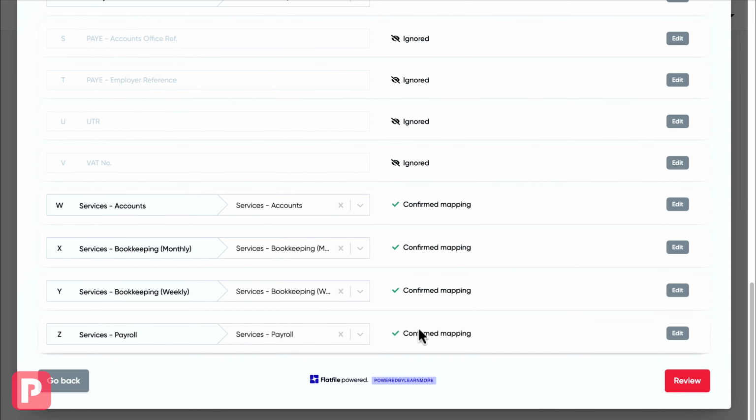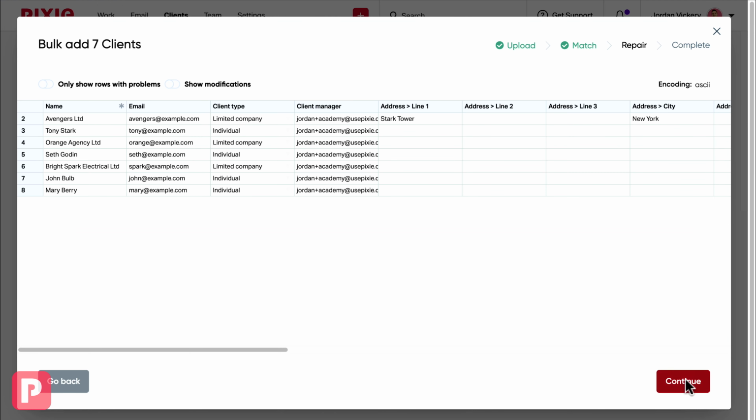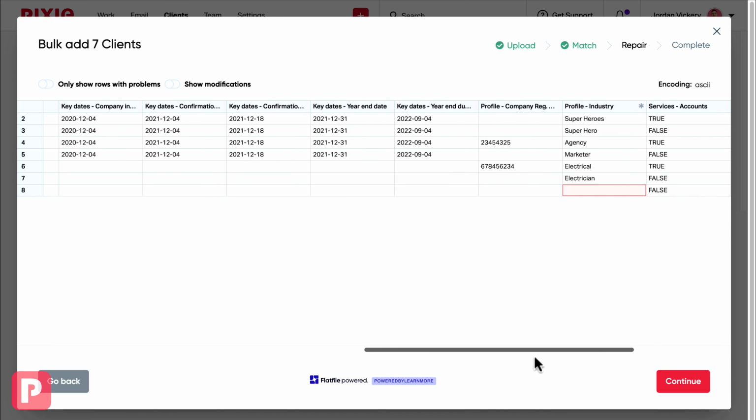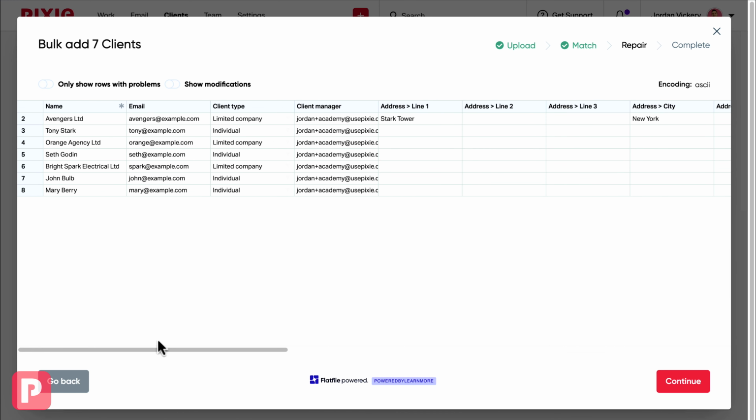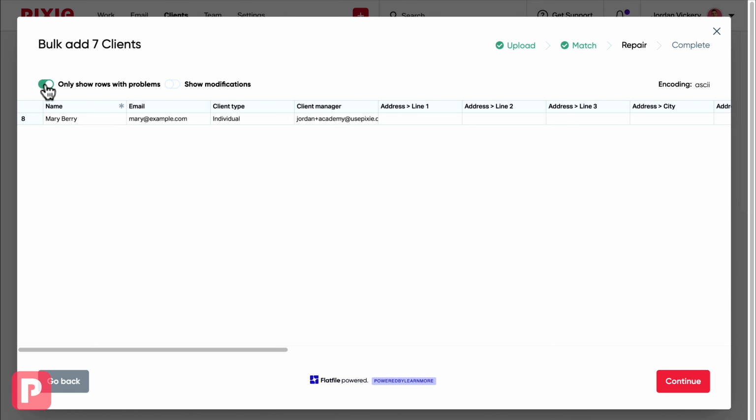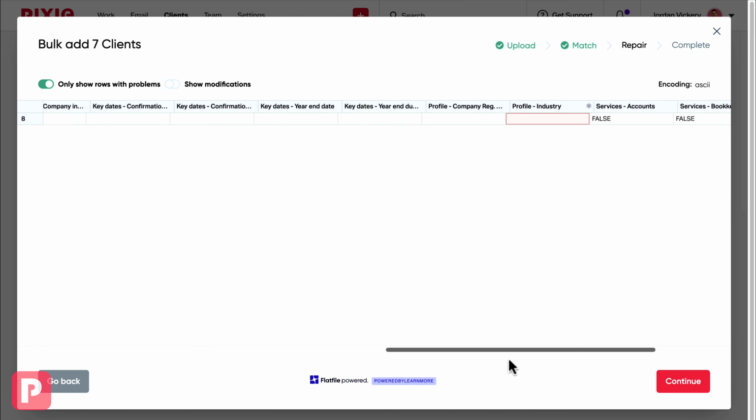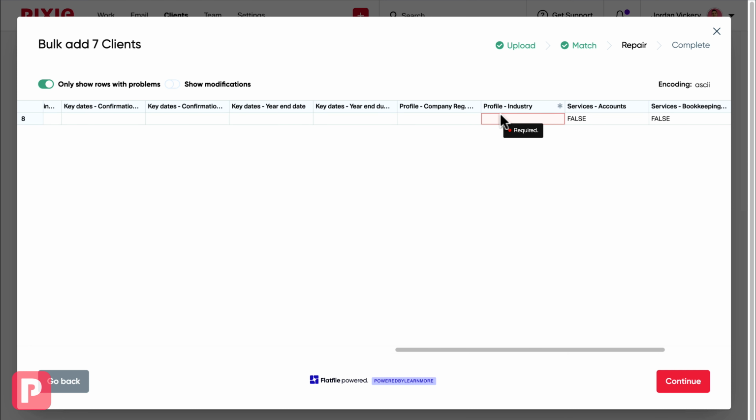Once done, we click on Review here at the bottom right, and this will give us an overview of all of the data that you're bringing into Pixie. But what you'll also notice is that by toggling these switches on here, this will highlight any issues. And if I scroll across over here, you'll notice that it's telling me that this here is a required field that I don't currently have any information for. By double clicking in this box, I can input the information that I need,